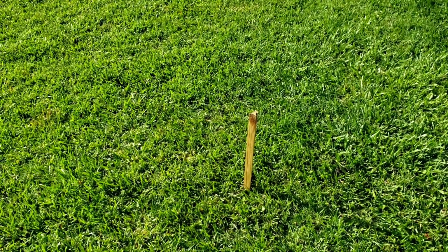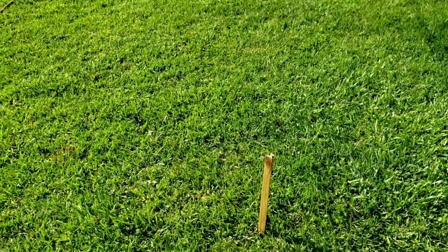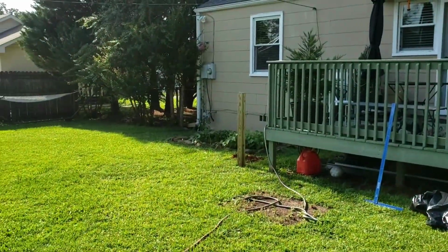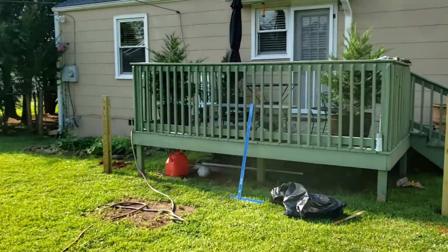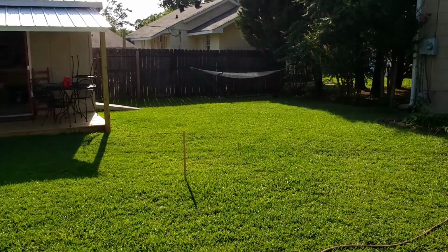Then from there, we're also going to have to make sure that we're what they call square from that post to here, right? And we'll do the same thing from that post to over there, right? So in the meanwhile,